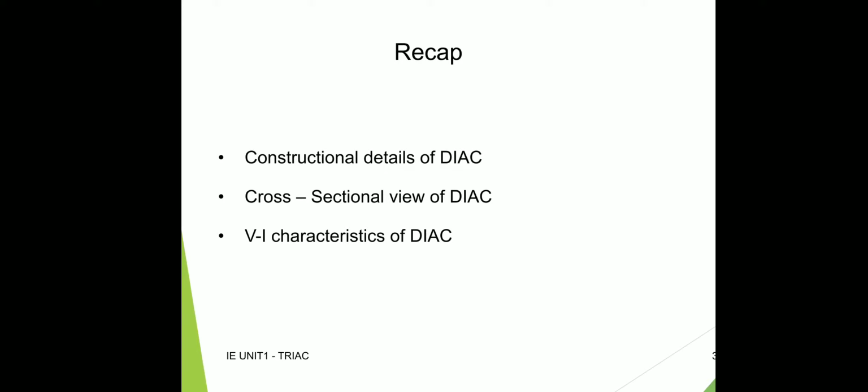So we get the characteristics in the first quadrant and third quadrant. The characteristics are similar to the SCR characteristics, except for the gate control. There is no gate, so this DIAC we can call a gateless TRIAC. Mainly the DIAC is used for triggering of the TRIAC, and also in other circuits, light dimmers, fan speed regulators, temperature controllers, etc. This is briefly about the DIAC. DIAC is a two-terminal device, also called a gateless TRIAC. Now, we'll discuss the TRIAC.